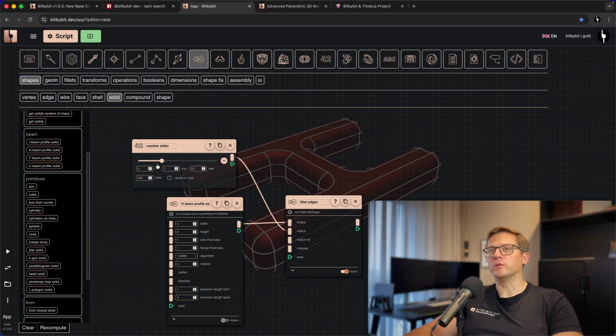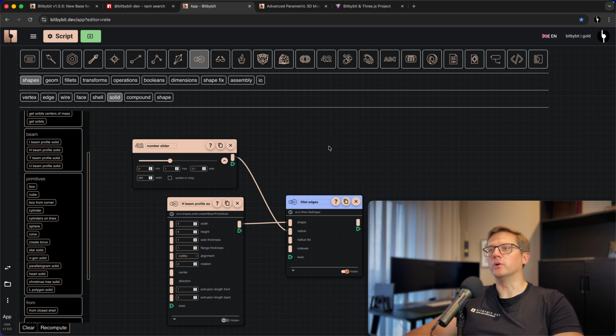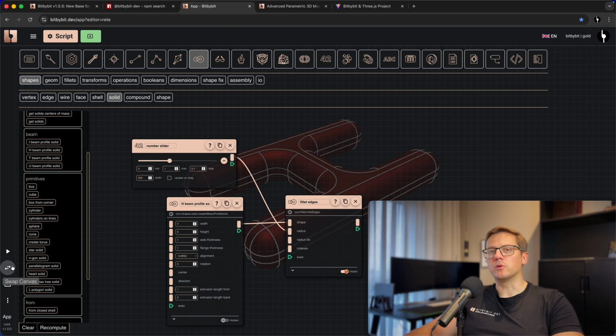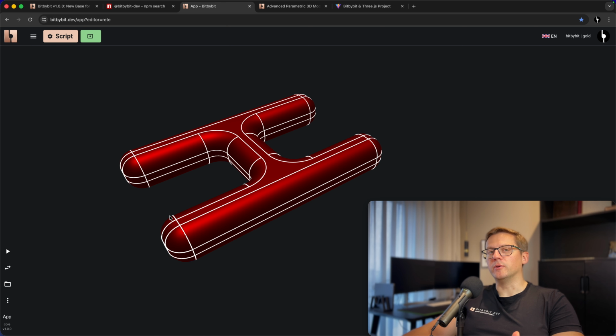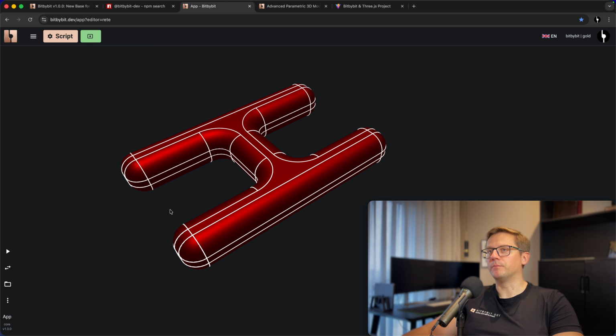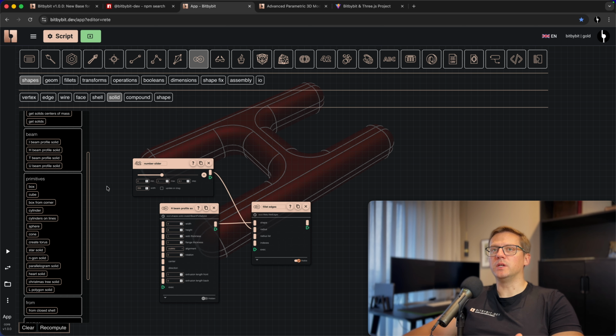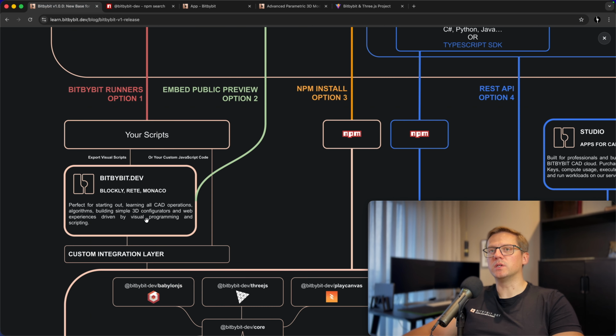And you see that now the shape became really round. 0.1 was the original, 0.4 will make it almost completely round. And this is how easy it is in Rete to code 3D geometry that is parametric. Looks quite nice. And so these editors that we see here on the map, they help you learn how to